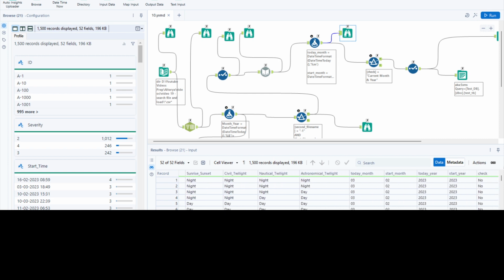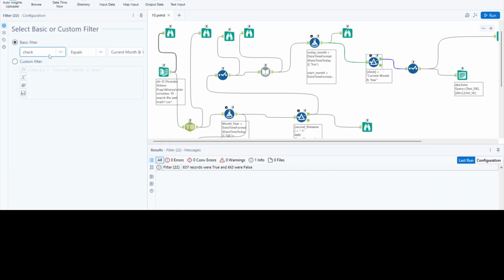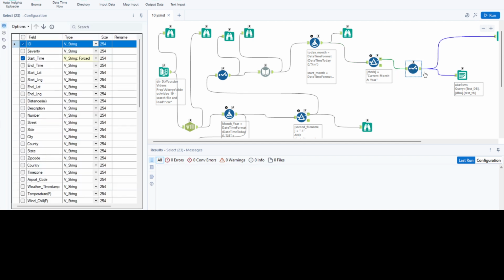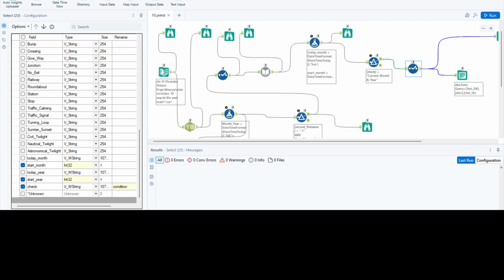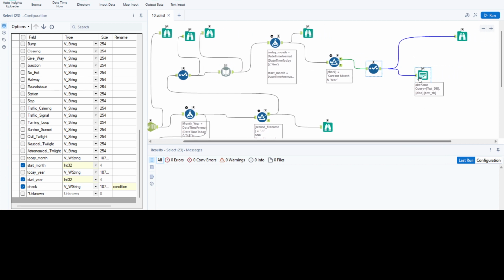So columns get created, which is today year, start year, check, and all. Next, we'll use a filter. For the checks, we'll select only the ones which are equal to the current month and year. I'm using a select tool to select only the ID, start time, start month, start year, and the check. And the final thing which I will be doing is